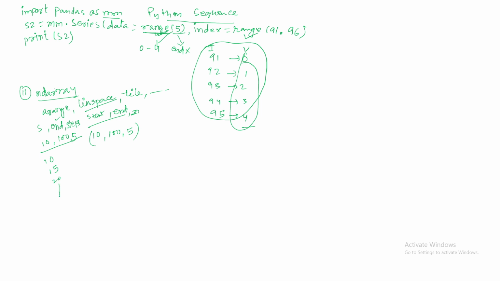It will display up to 95, because 95 plus 5, 100, will not display. But here from 10 to 100, we require 5 elements only. So it will divide it, and only 5 elements will display in linspace. Okay,